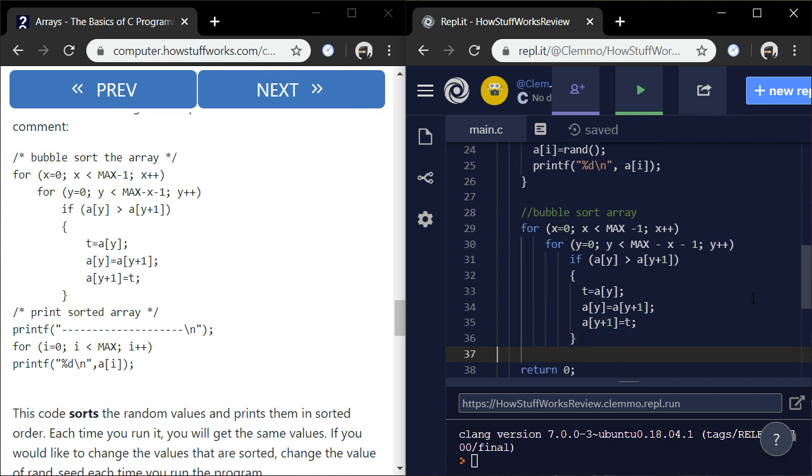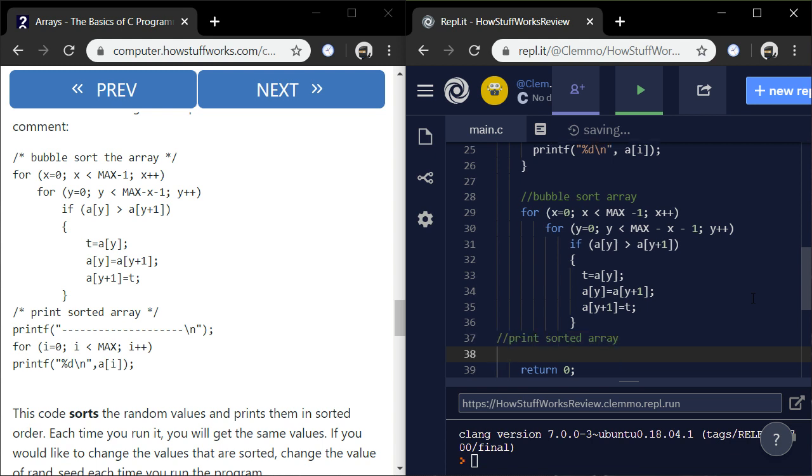And now print the sorted array. I guess this should be indented to make it even with what's happening there, because those things are of a feather. Print a bunch of hyphens.